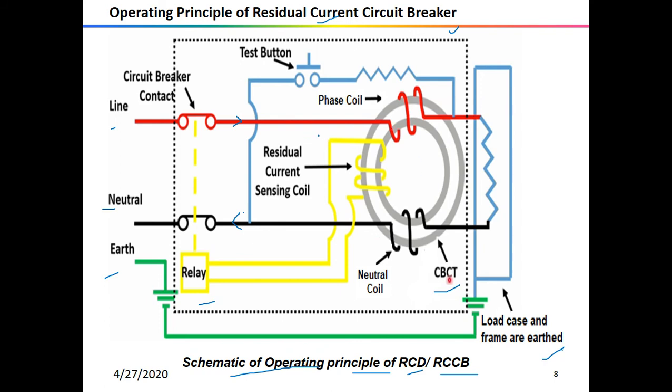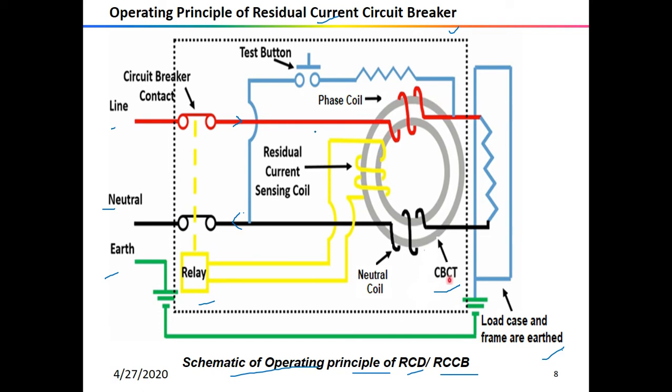That residual flux gives us residual current in the sensing coil. The periodically changing residual flux inside this transformer crosses the winding of this sensing coil, and this action produces an EMF across the sensing coil, which is an alternating voltage. The induced voltage produces an induced current, which sends a signal to this relay, and the relay sends this information to the circuit breaker, and the circuit breaker will interrupt the contact.